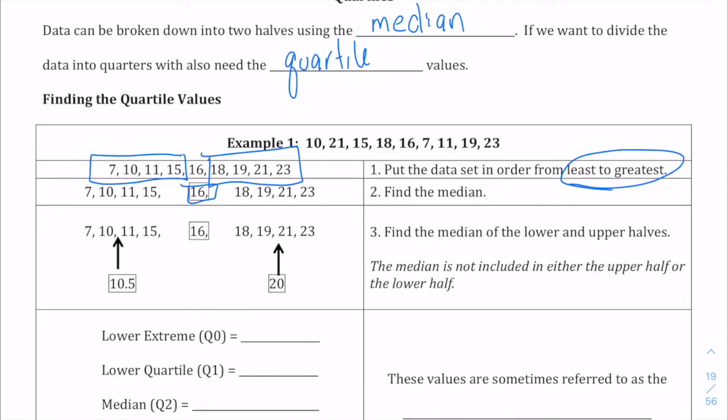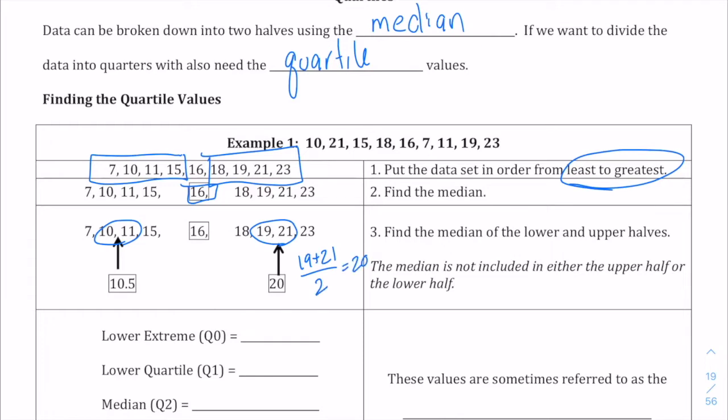Great. Once we have the lower half and the upper half, we're going to find the median of each of those smaller sets of data. So for the lower half, we're looking in between 10 and 11. So halfway between there is 10.5. And halfway between 19 and 21 is 20. And again, if you need the extra step, you can add 19 and 21, divide by 2, and you get